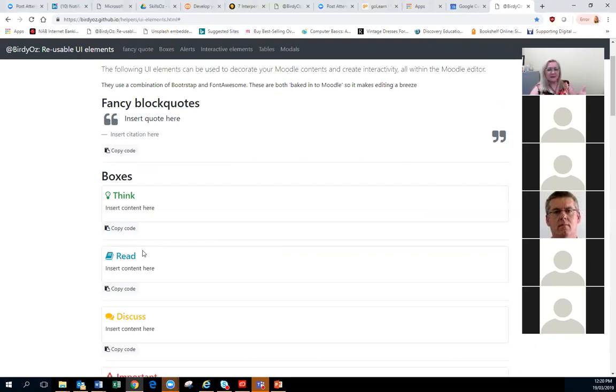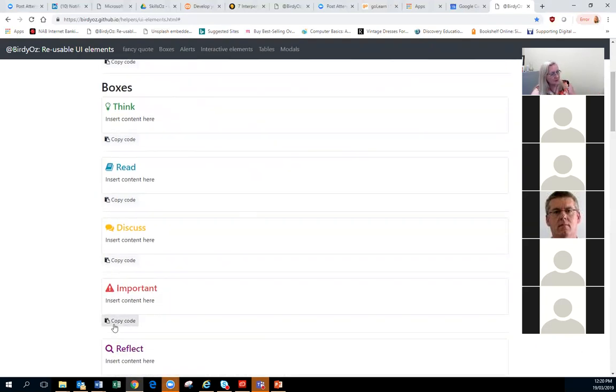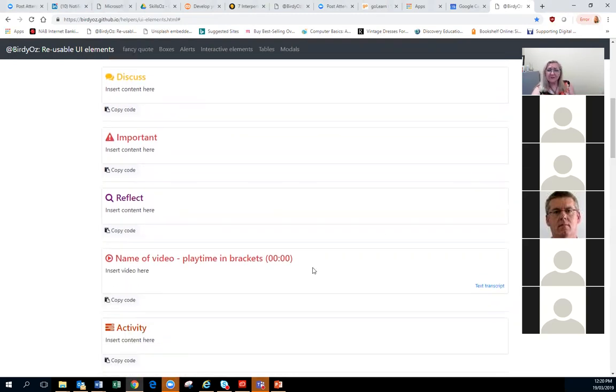We've got these developed by one of our developers, and we just copy the code, put it into the HTML, and it creates these little boxes so that we have that consistency. If we're going to use a video, we have the name of the video and how long it goes for, and then we place the video inside here.